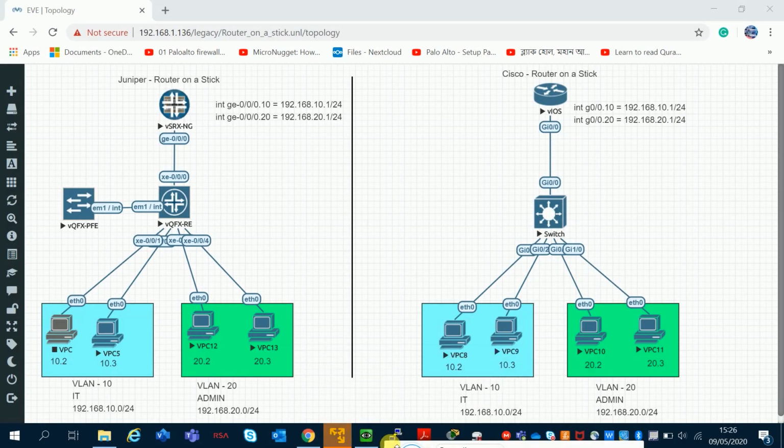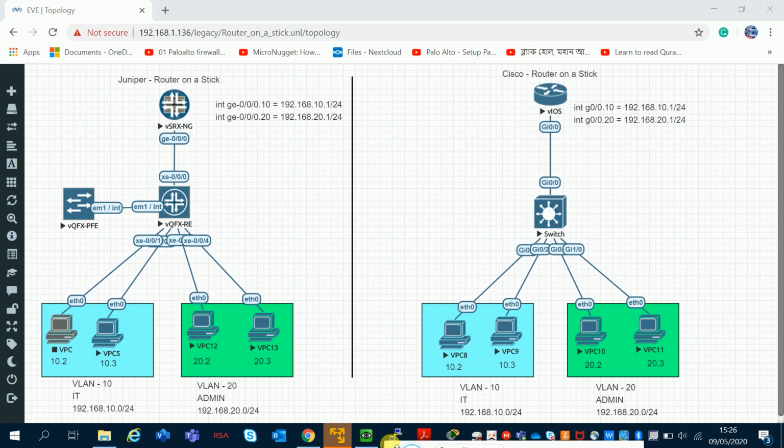Hi guys, today I'm gonna show you the configuration of a router that performs routing between VLANs. This concept is commonly known as router on a stick or one-armed router. A router on a stick is a term frequently used to describe a setup that consists of a router and switch connected using one Ethernet link configured as an